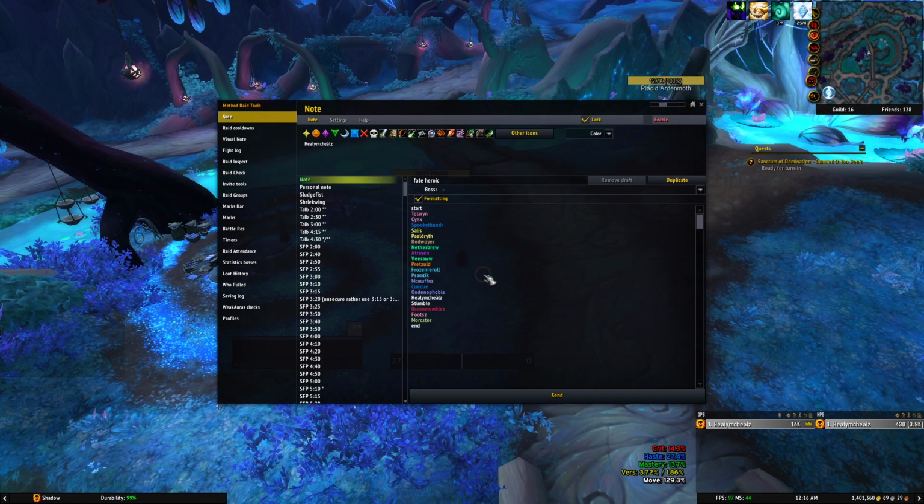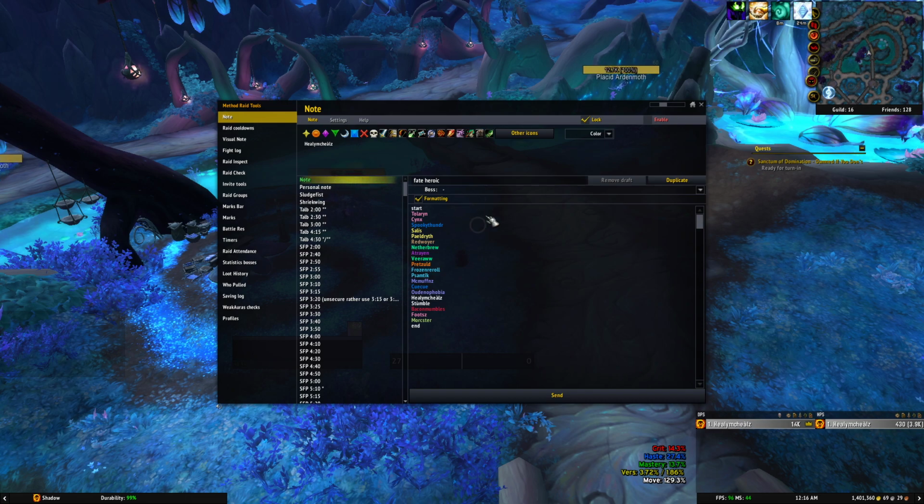A lot of WeakAuras will work on ERT notes or MRT notes. So like the one I was showing you before that has the Fate Scribe Runic Affinity thing uses an ERT note, and this is ours. So the people near the top will be assigned first, and the people near the bottom will be assigned to the outside rune rings more, and the people near the top will be assigned to